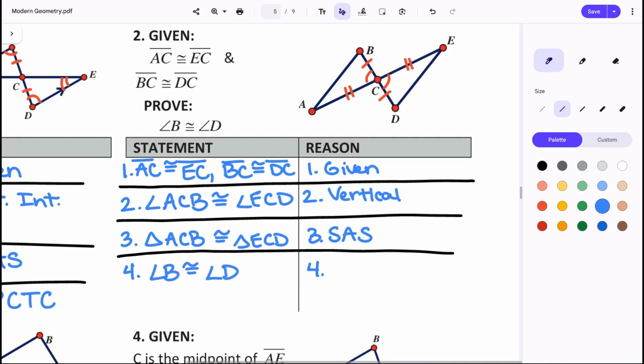So there's my statement. And then what's that reason we've been talking about? Good. CPCTC. Excellent. Questions on number 2? Okay. We're going to